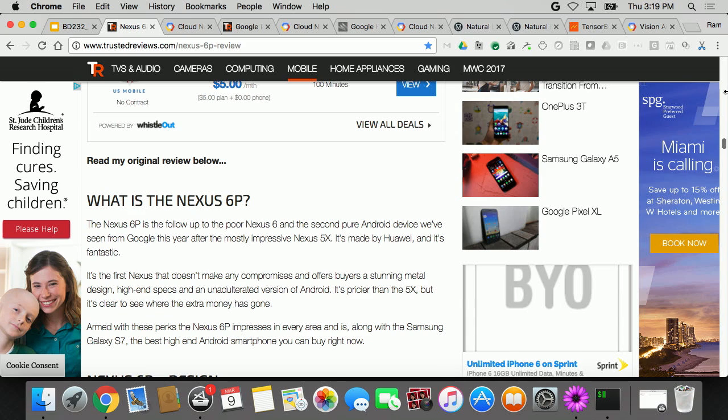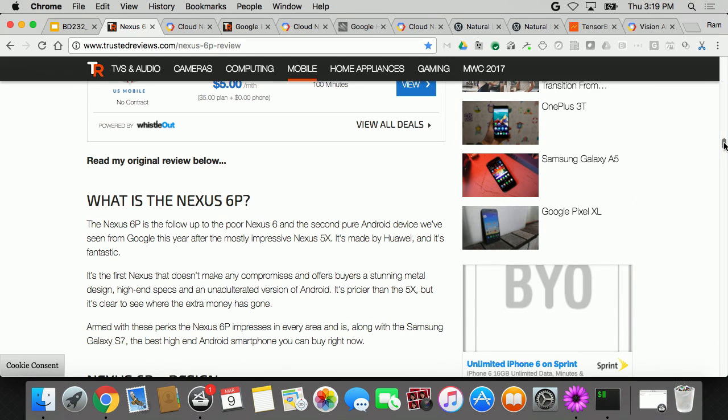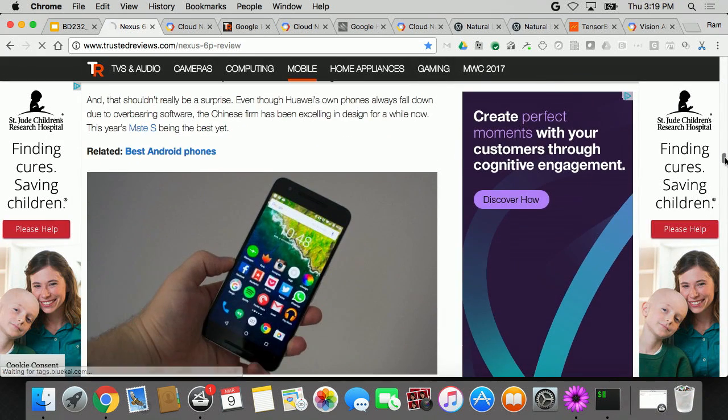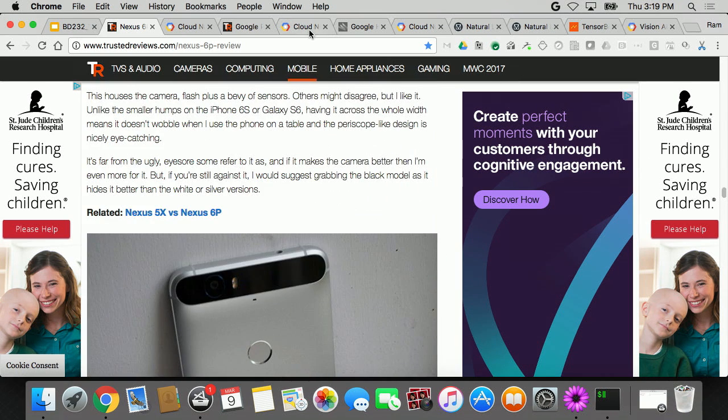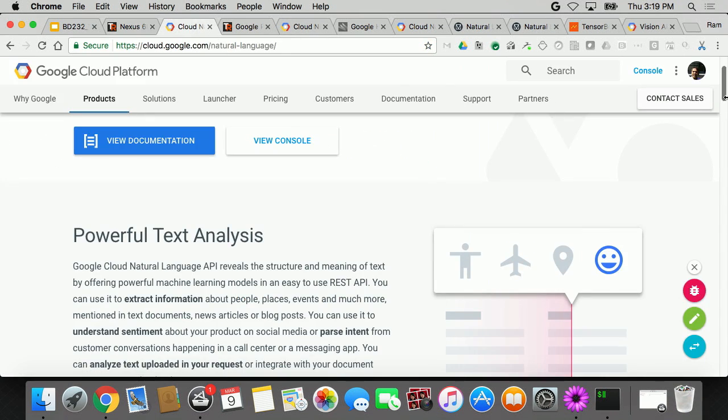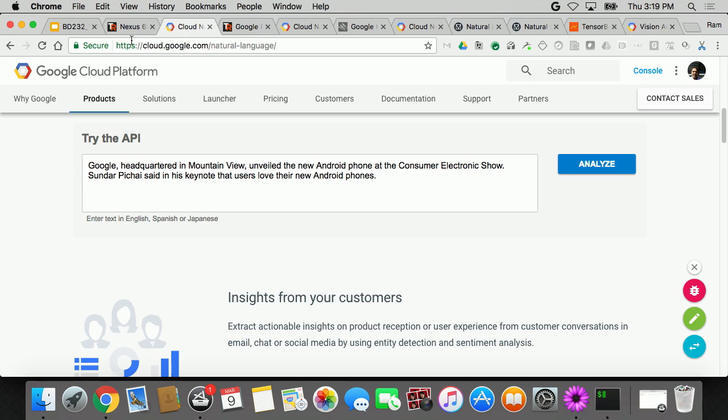perfect. So the thing that I'm going to focus on is the Nexus 6P. Basically, I'm going to start off with the Nexus 6P and say, here is a product review. I picked a site, it's on Trusted Reviews, and they're focused on little aspects of how this phone is received. And what I'm going to do with that is actually use that product review in the context of our natural